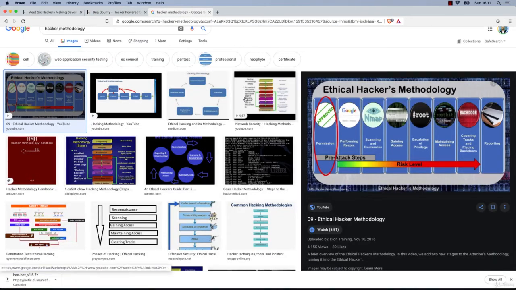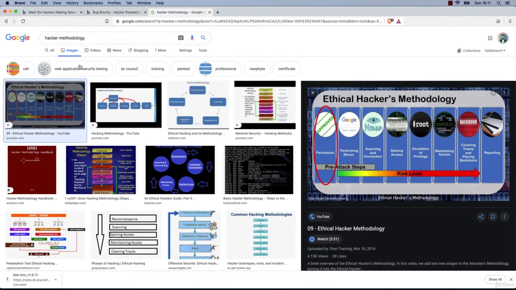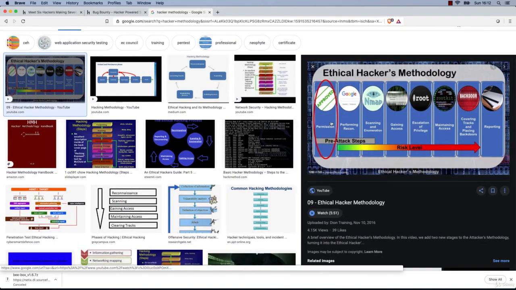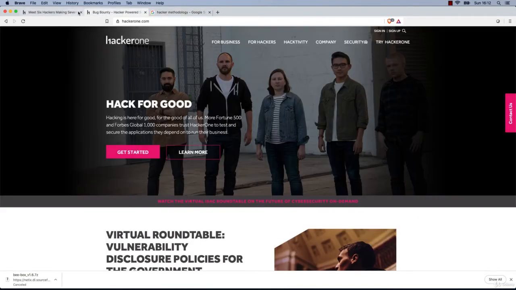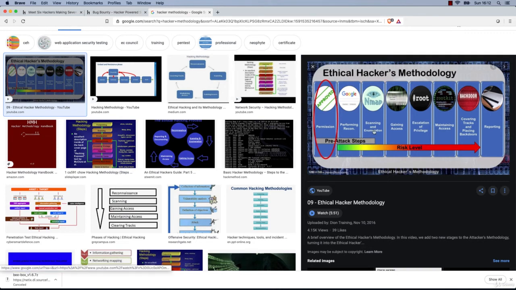So if we search for hacker methodology, okay, you don't have to do that by the way, I'm just showing you this as an example. You will come across a diagram showing that before you gain some authorization or before you hack into the website, you're gonna have to do reconnaissance and scanning and enumeration, which is basically information gathering about the website that you're going to be searching or scanning, okay?